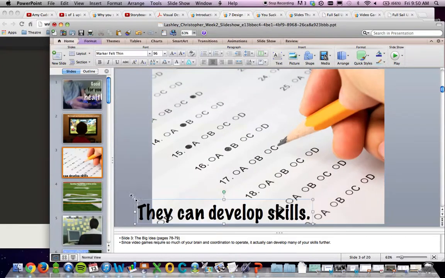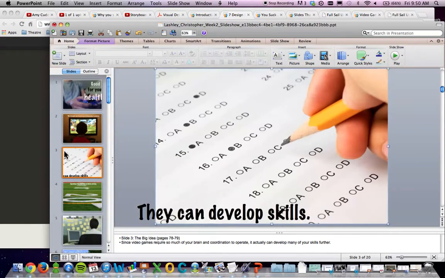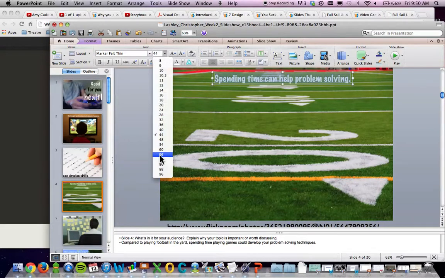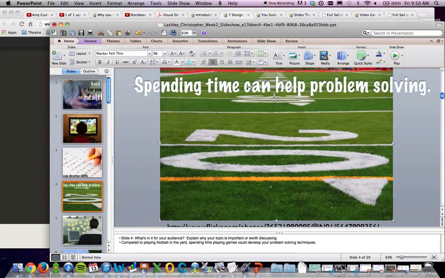So really, really work to make this graphic. Same thing with this. Now here you're starting to have a little bit of competition between the background and the text. So go ahead and